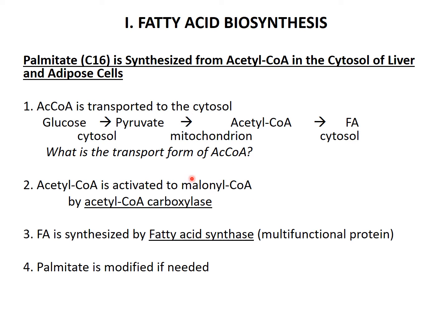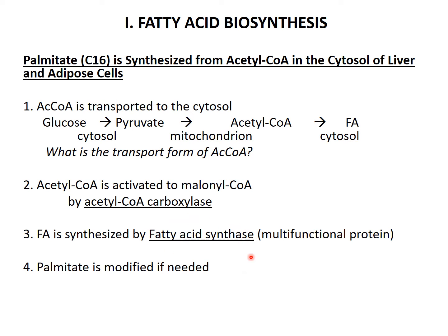The activated form of acetyl coenzyme A is actually malonyl coenzyme A. And the enzyme which is doing that, increasing the carbon number from 2 to 3, is the so-called acetyl coenzyme A carboxylase. Fatty acid then is synthesized from malonyl coenzyme A and one single acetyl coenzyme A to start with,